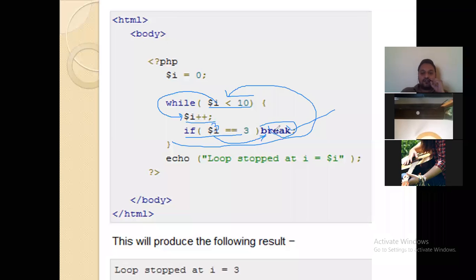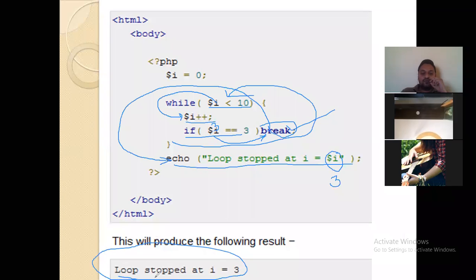Once the break statement is executed, the control comes outside the loop. It will break the loop, come outside the loop and execute this statement. So it will display the message: loop stopped at I equal to, the updated value of I, which is 3 here. So the output will be: the loop stopped at I equal to 3. This is how the break statement works.